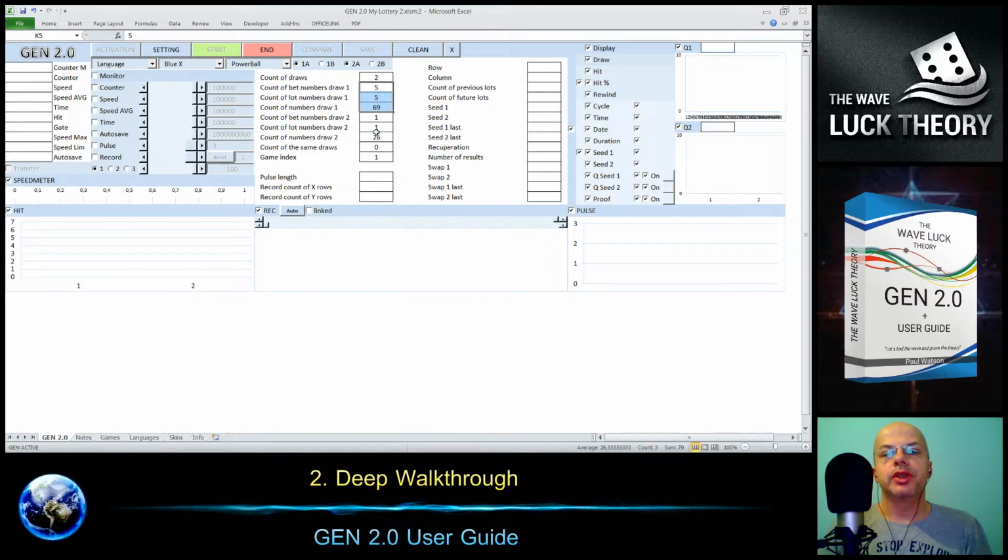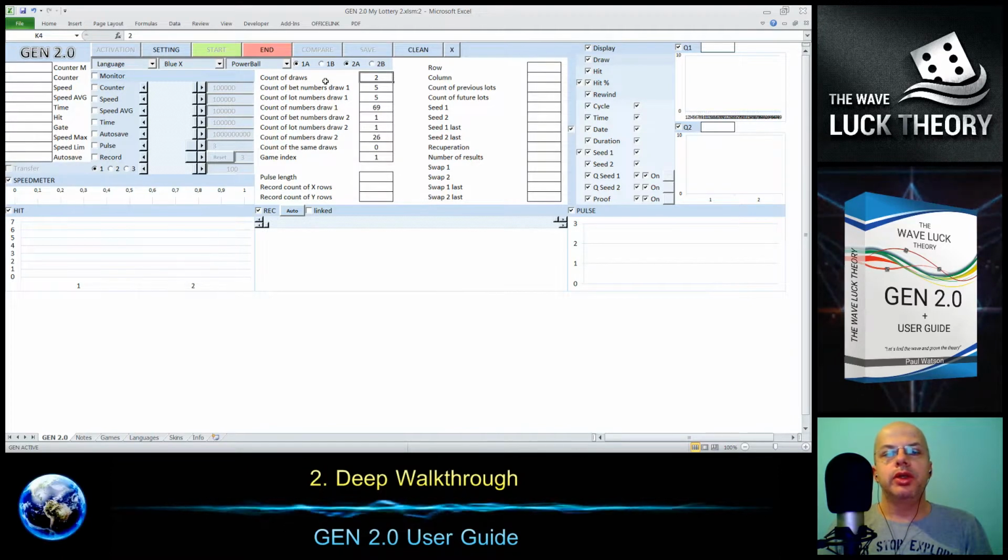The first and the second are independent. The index in our case is number 1. To have the same draws, there are a few lotteries. They are very rare. One of them is from Slovakia and the second is from Czech Republic, but I have never seen other lotteries all over the world. So most of the lotteries have 2 draws and both are independent.